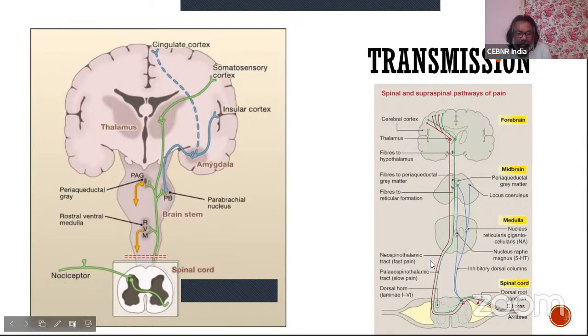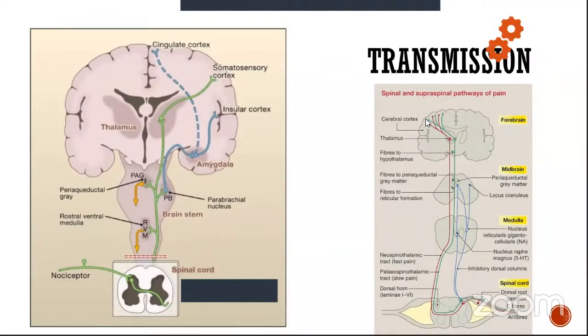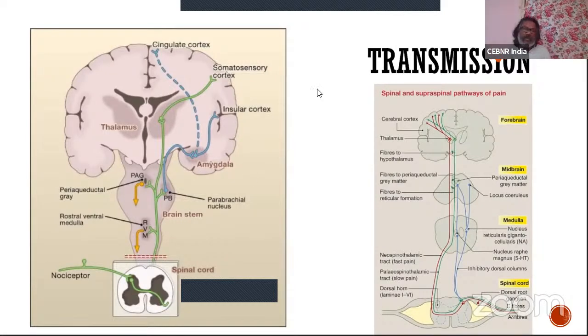You can see that your neo-spinothalamic tract, in red color, goes up to the cortex. It goes to your discrimination area, that is your somatosensory cortex. It also goes to your cingulate cortex, that is your frontal cortex. In lower mammals, they have a smaller cortex and a larger limbic system, right? So the neo-spinothalamic tracts might be slightly rudimentary in them.